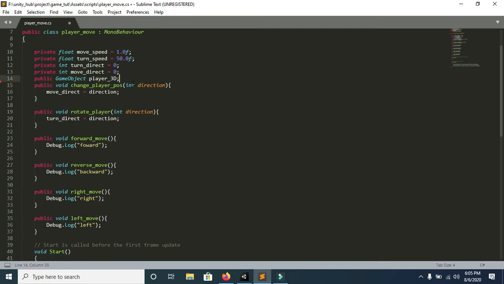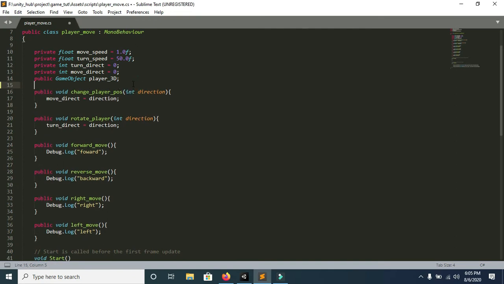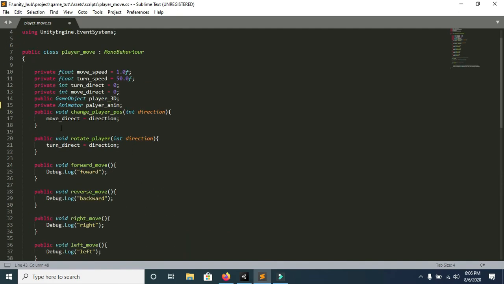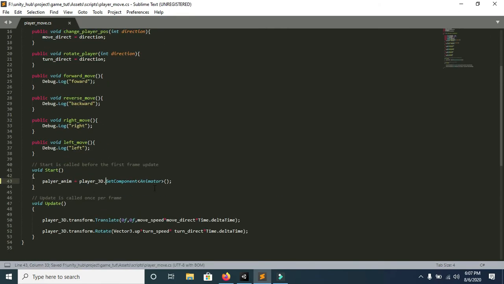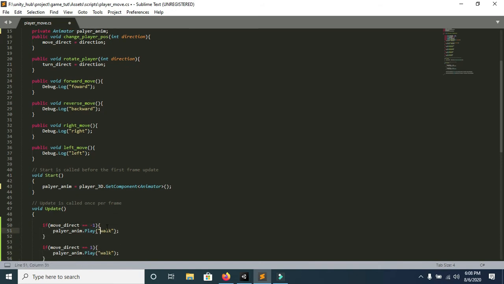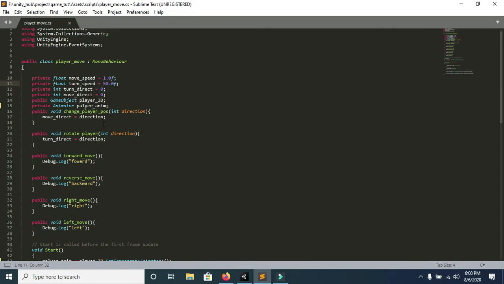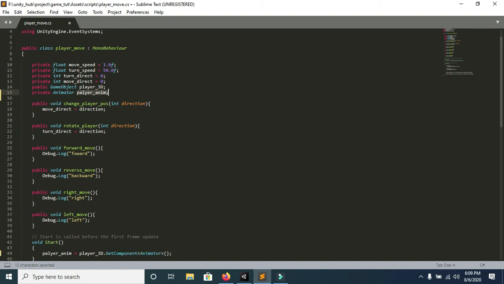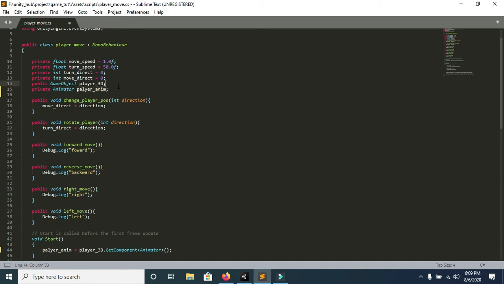Here I will write some code. First of all, I will write the code, then I will explain what is happening. Now you can see what I've done is, first of all, I've created a variable for our animator component, and here you can see I have created this player variable to get control of our animator controller component.